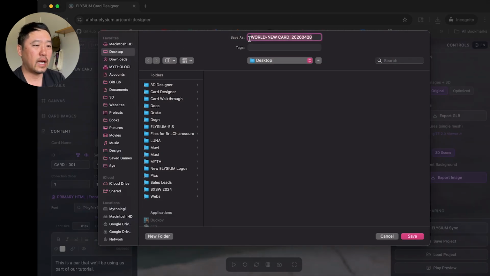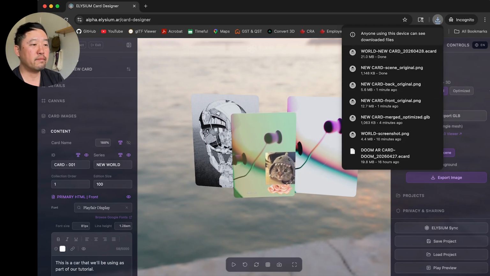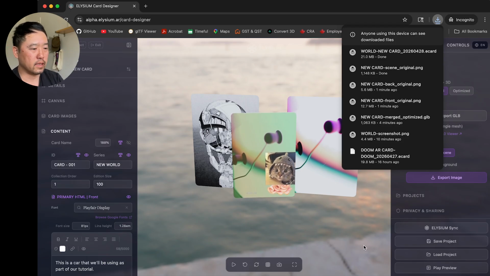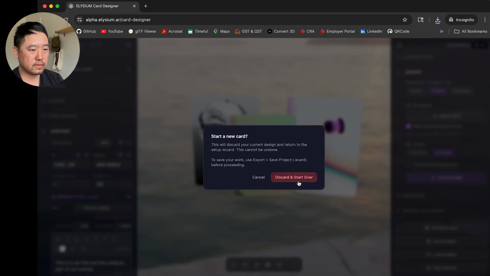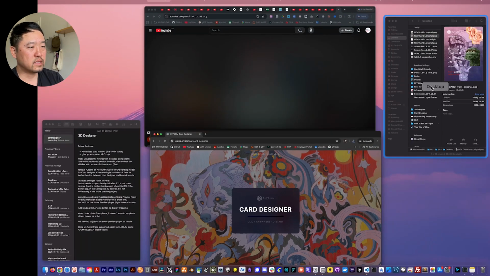And then you can export this card and save it as what is called an eCard format. So it's going to call it eCard. So the eCard will now serve as a template for this in the project. So if we exit this, it will prompt us to either sync it or discard it. We'll discard for now, because we've actually saved the card itself.